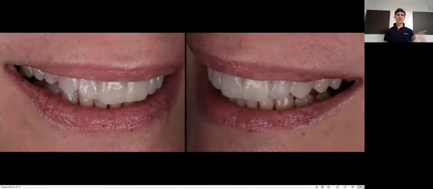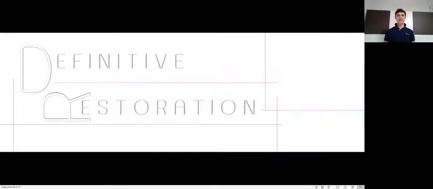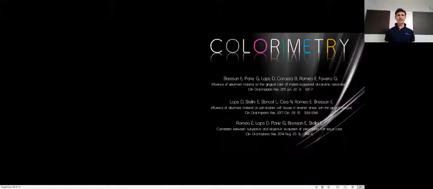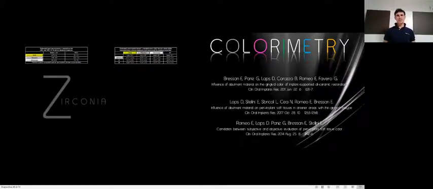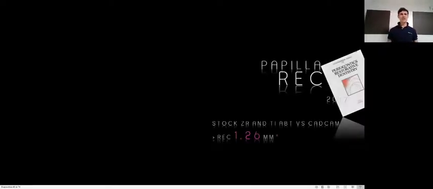And she can start smiling. This is the situation before and after, while she was waiting for the definitive. When they were ready, with the same emergence profile, no correction of the emergence profile, everything was good. Zirconia abutment was selected for this kind of restoration, not gold hue but zirconia in this case, with the not stock but CAD CAM